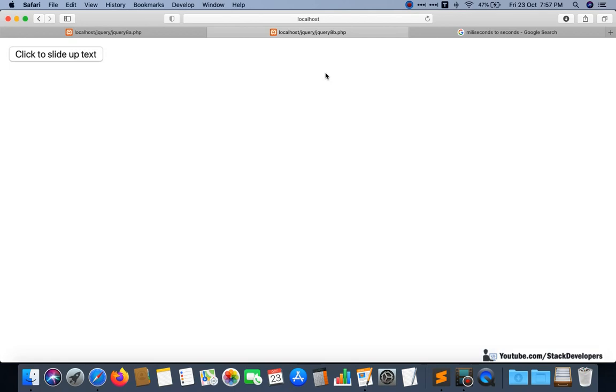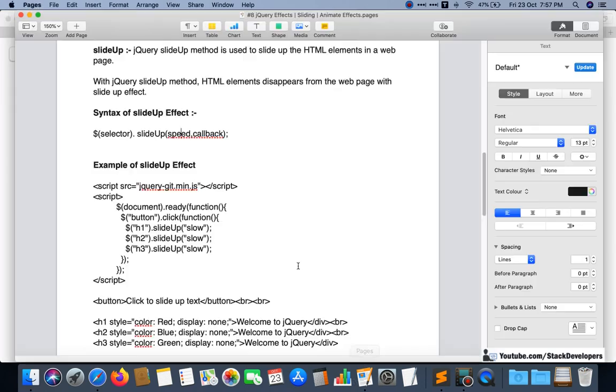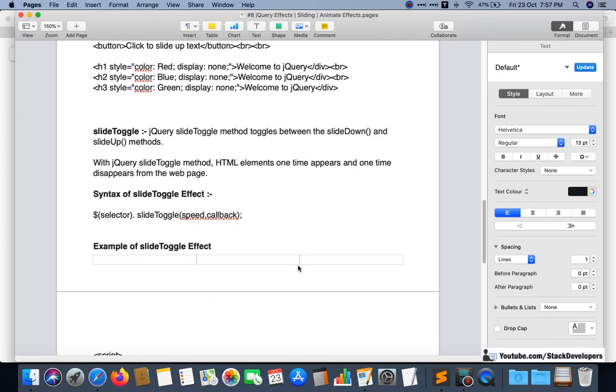One time it will work as up and one time it will work as down. I'm going to show you with an example. With the toggle method, HTML elements one time appear and one time disappear from the web page.